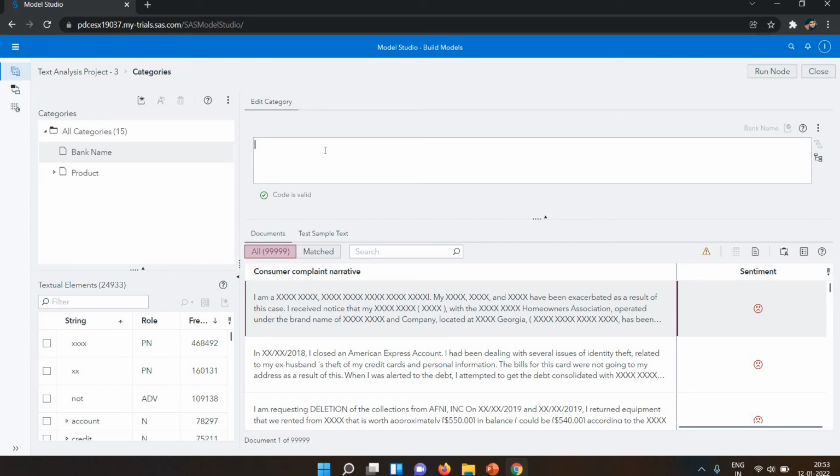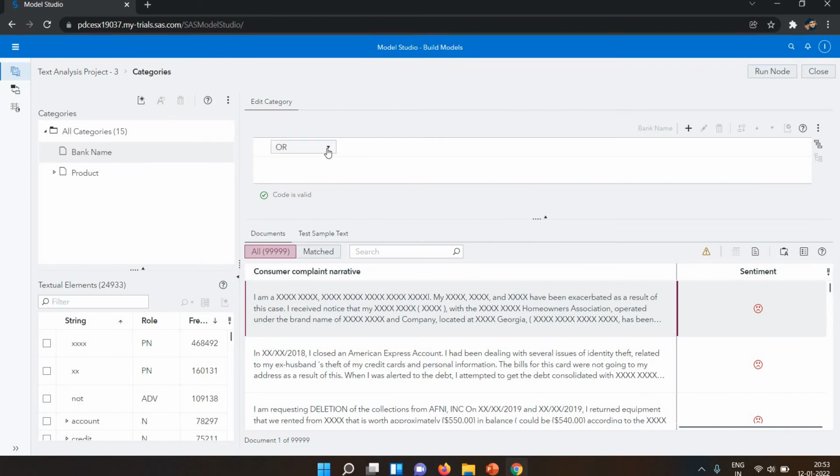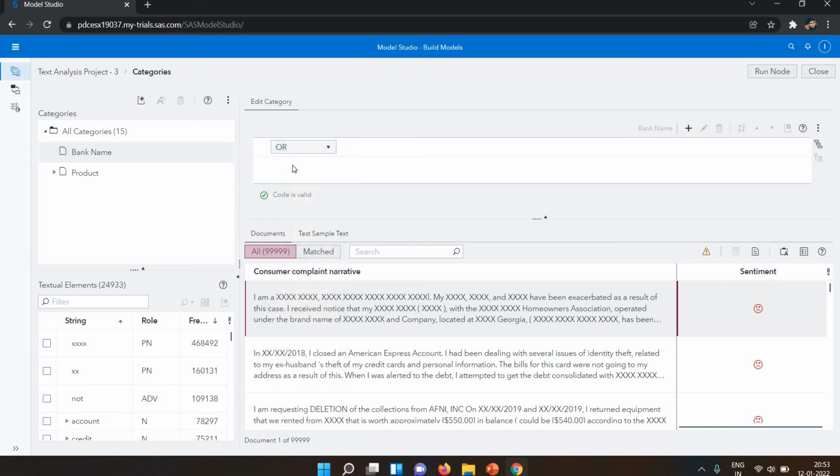Okay, so let's suppose we have the tree option. In the tree option, you have to click on Add. In the Add, you can see here we have the list of all operators. So I selected the OR operator. I'm going back. Now you can see here the bracket opens automatically.